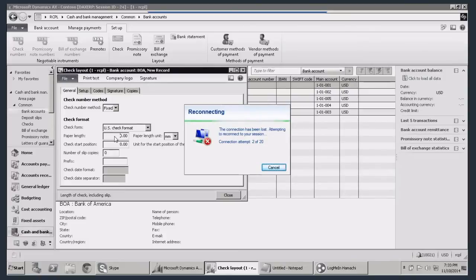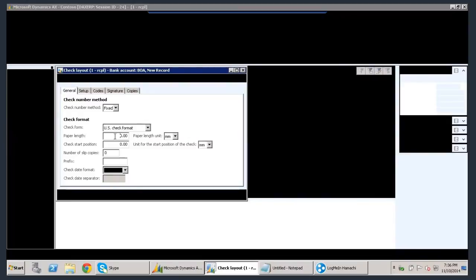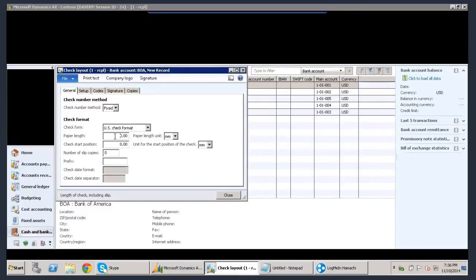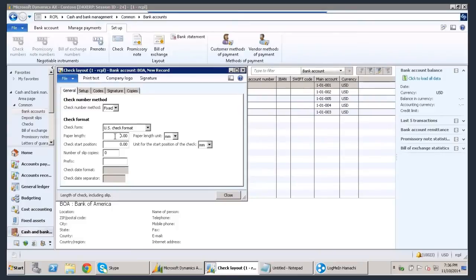There was one US company. They wanted to go ahead with this stub implementation, and they sent the stub to their implementation team and asked them to configure the check, and then go ahead with the printing of the check.